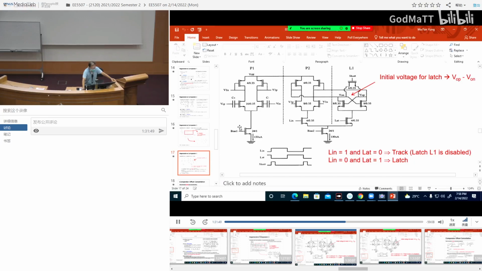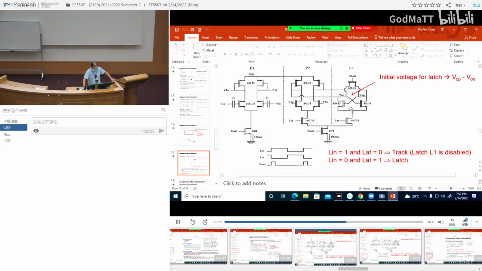Okay? Alright, so interesting, you have a trick here, right? To share this tail current. Right? Track phase, current goes this way, this is off. Okay? Now, during the track phase or the preamp phase, what happened over here? This is off, right? Track phase, L, this is low, so this is off. Okay? What happened to here? What happened to here now? Okay? This is off,